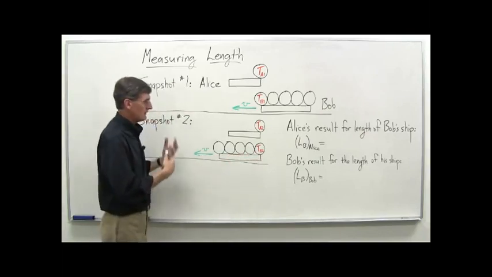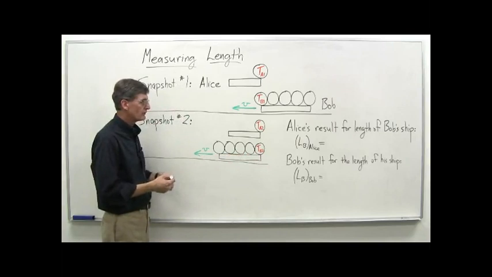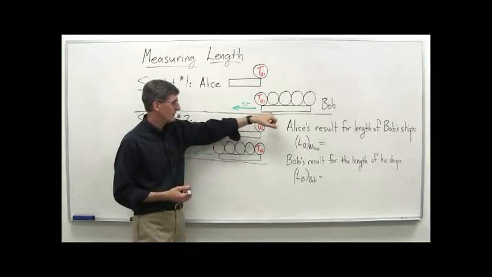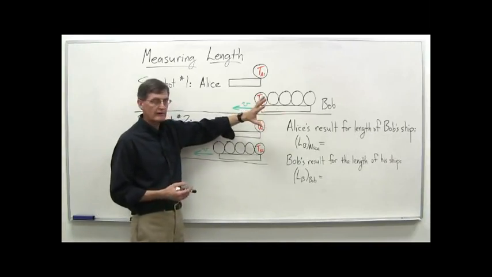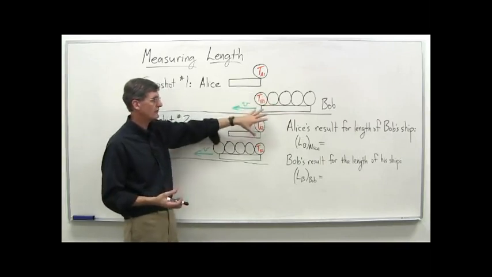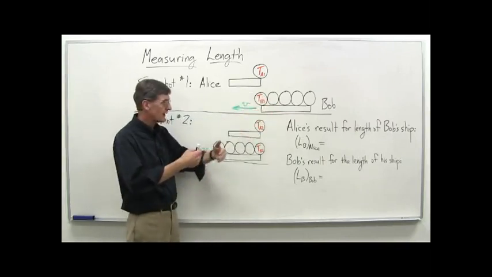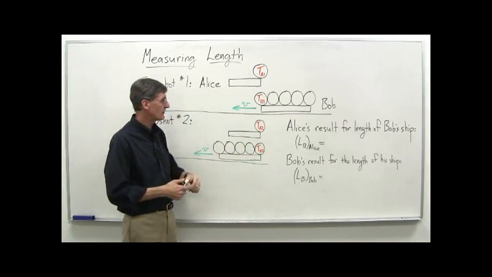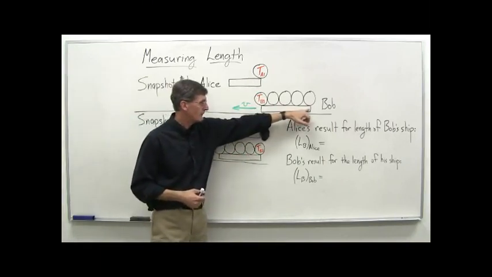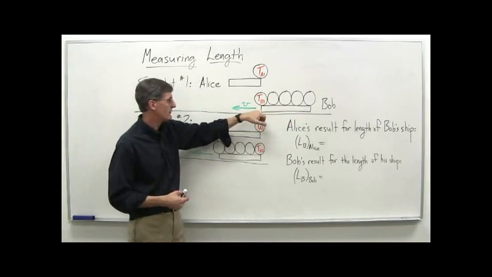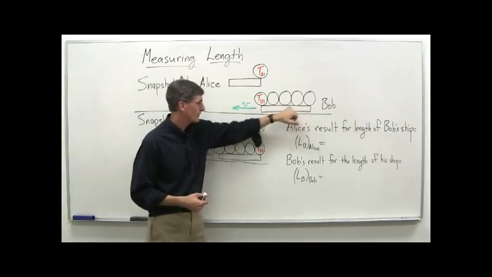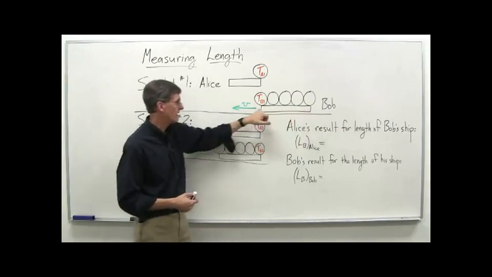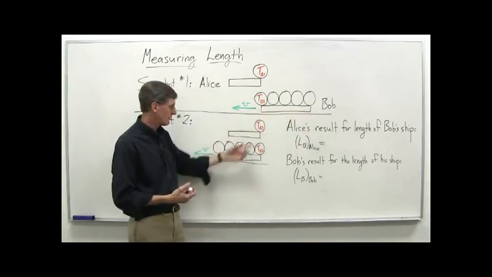So how then does Alice get the result for the length of Bob's ship? Well, we know that it's going to be essentially the distance traveled here. We know Bob is traveling at a constant velocity v. That's what Alice sees him doing. He will travel a certain distance in that amount of time, represented by essentially the end of his ship coming to this point here. And so that will be the length of his ship: start the clock here, wait until you see the end of the ship go by, stop the clock,